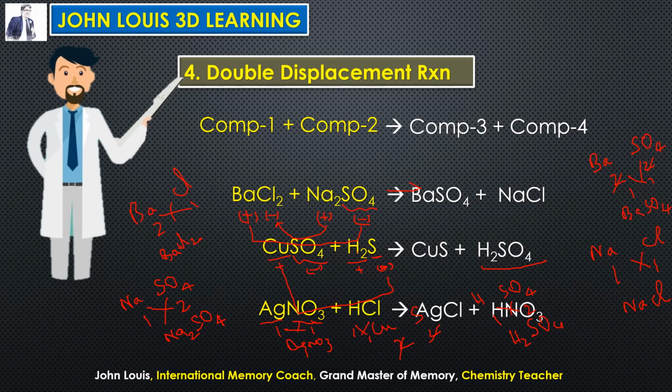Silver chloride, silver valency 1, chloride valency 1. If you interchange, you will get AgCl. Hydrogen nitrate, that is nitric acid. Hydrogen 1, nitrate 1, therefore you get HNO3. So you need not memorize all these equations. It is not possible to memorize all the equations. Once you know symbols and valencies and how to recognize the type of reaction by looking at whether the reactant is an element or compound, whether any ion is the same in both the compounds or not, all those ideas will help you to identify the products yourself.